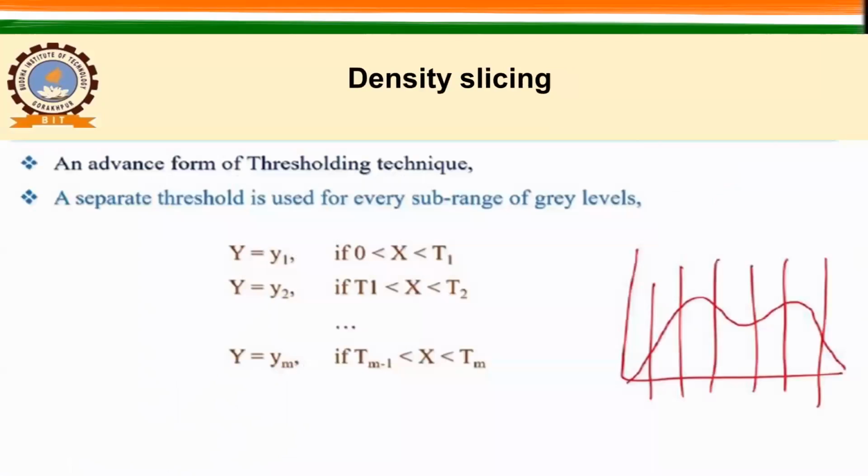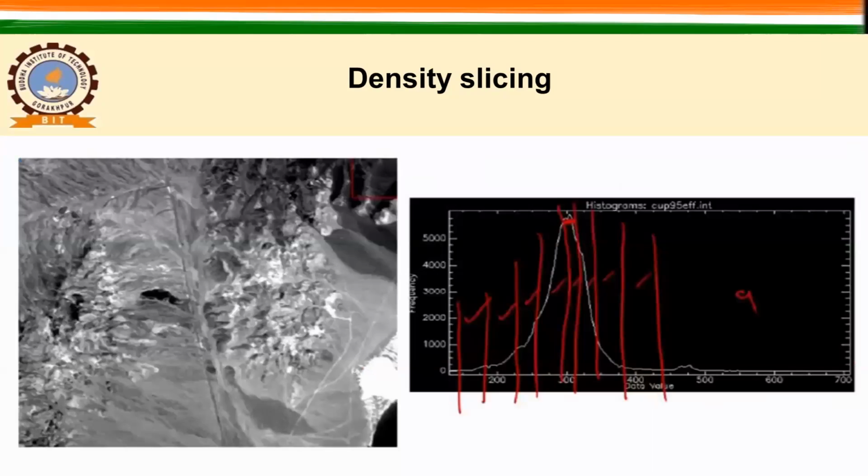Now we'll move to density slicing. In density slicing, what happens? We provide different ranges; this is the advanced form of the thresholding technique. From this particular histogram, we can identify the different ranges of the values, and we can simply split them into different classes. So you can say, I want 100 classes from this image, and they are equally distributed. Depending upon the range of the value, it will be decided, or it can be different ranges and different thresholding techniques. So let us see one example.